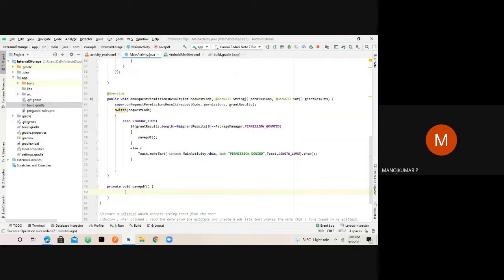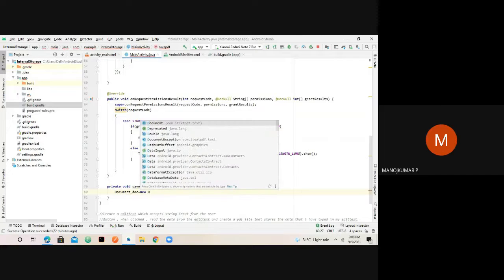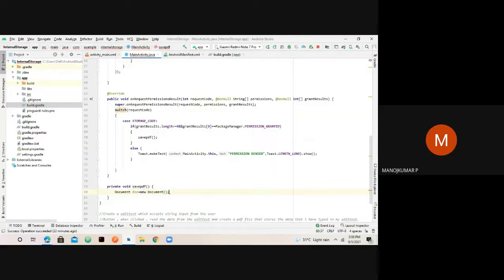So for that, the initial step is you have to create a document using a class called document, and then we create an object. The traditional way of creating a document is using the new keyword. Fine, we have created the first step, right? So once this is done, the document should have a file name, right? So I would create a string here, a variable called file name, and we can give whatever we are supposed to do.